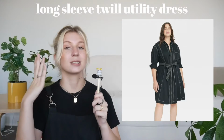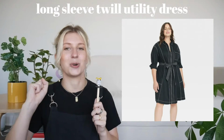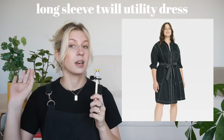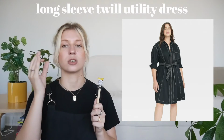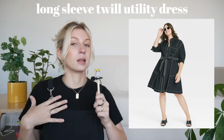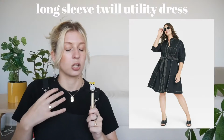Okay, our last dress is probably my favorite one, and it is this twill utility dress. I just love a utility dress. It's so effortlessly chic and cool and casual but classic. I just love it. The contrast stitching on this one was also absolutely chef's kiss. I love it. And the little pocket, the waist tie, the zipper in the front,